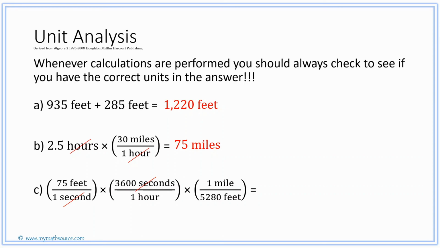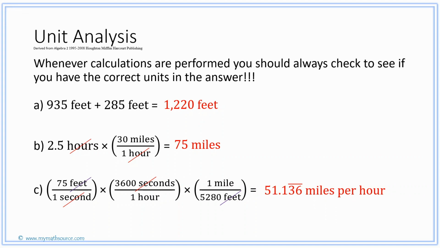We can also cancel out the feet that are separated in the front and the back. And so the feet cancel out as well. And what we are left with is miles per hour, per representing the division of the fraction bar. And then we simply multiply our numbers, 75 times 3,600. And then, since 5,280 is at the bottom, we're going to divide that final answer. So 75 times 3,600. Once you get your answer, divide that by 5,280, and your answer will be